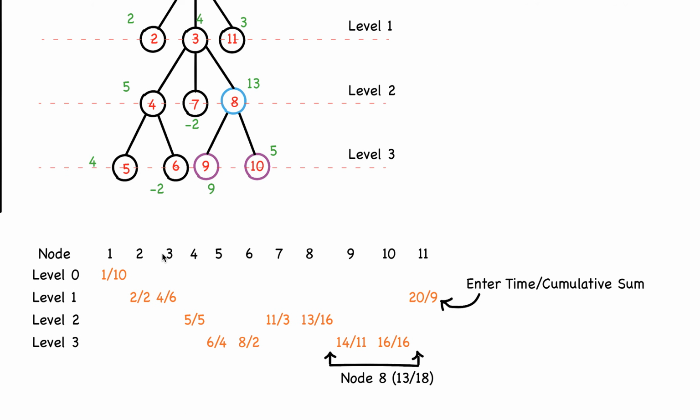Basically, for each level from the root node, we need to build a list of nodes at that level, sorted by their enter time, and keep the cumulative sum at each element in the list. Now, to answer the query asking about nodes at level 3 that live in the subtree of node 8, we can locate node 8 segment on the level 3 list and subtract the cumulative sums of the segment start and end points to get our answer in a nice logarithmic time.